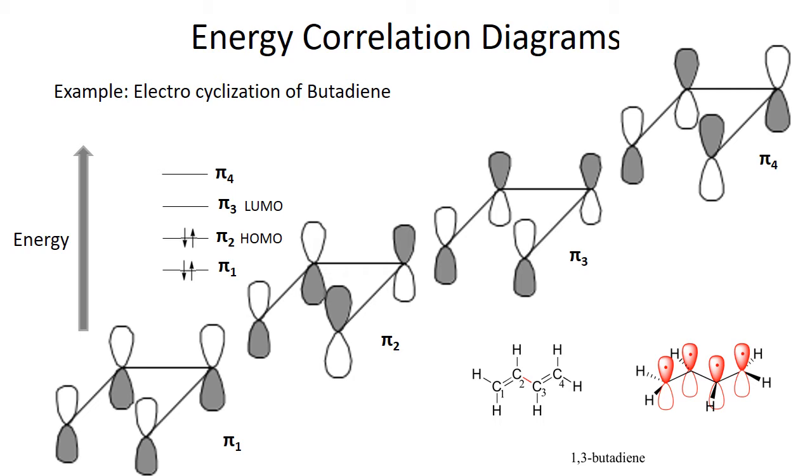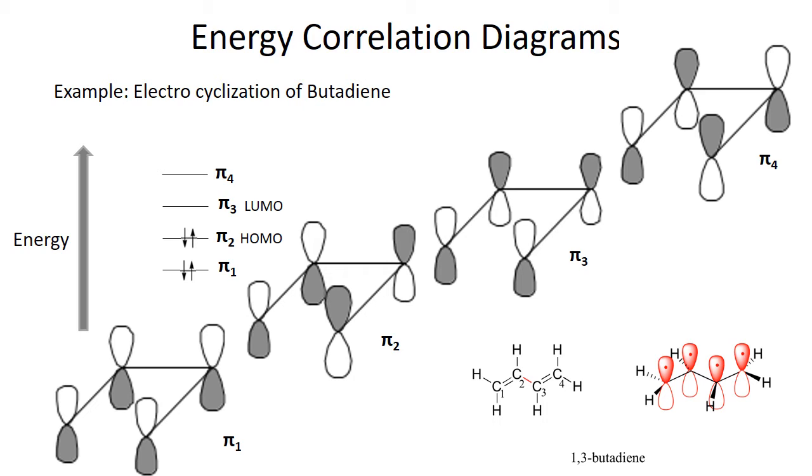But when we talk about electrons, how are the electrons filled in these orbitals? We say that the electrons are filled from the lowest energy possible. Because there are 4 carbon atoms and each of them contributes 1 electron, there are 1, 2, 3, 4 electrons. In one molecular orbital, we can't place more than 2 electrons. So pi 1 has 2 electrons, and the next 2 electrons go to the next higher energy level, that is pi 2. Pi 3 and pi 4 are left empty.